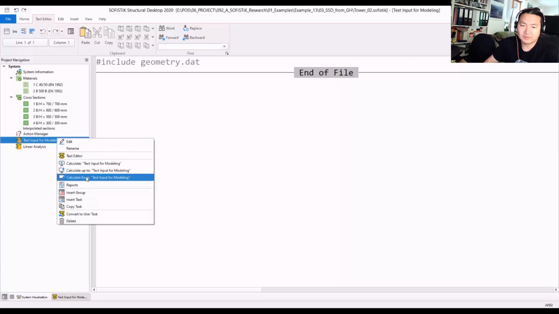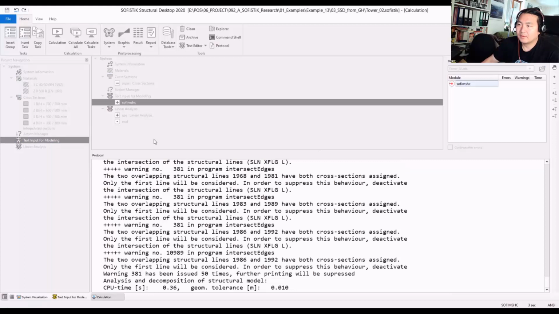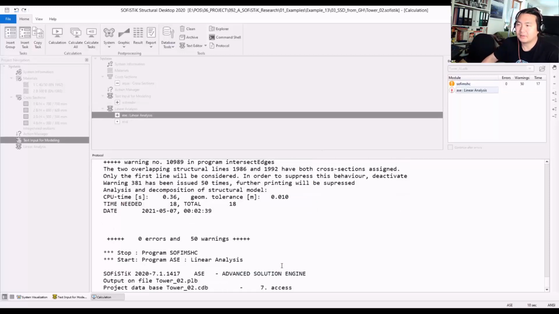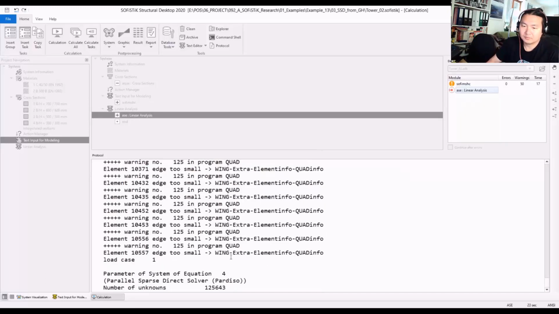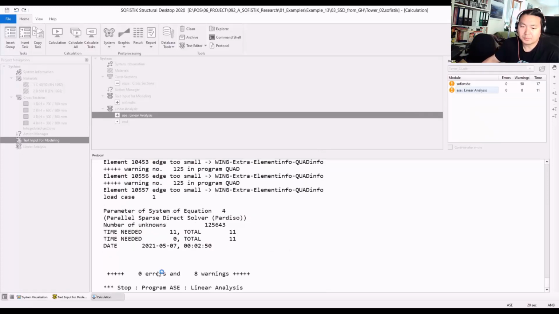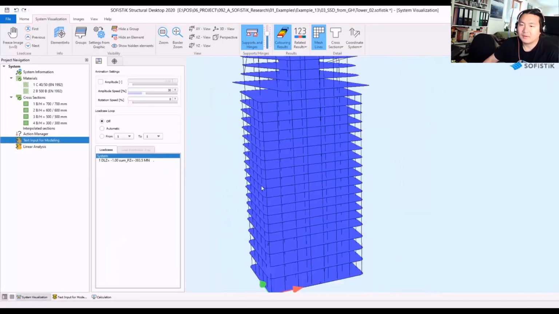So just calculate. It's a big tower project, and it takes a little time to calculate the geometry. Once the linear analysis part is done, you can take a look in the system visualization,